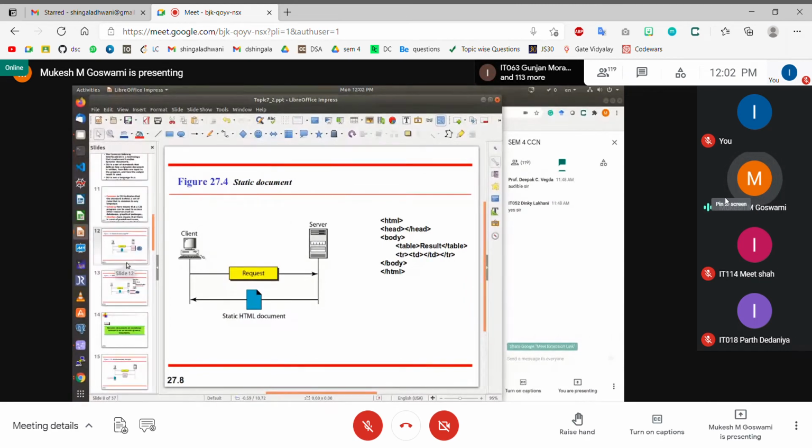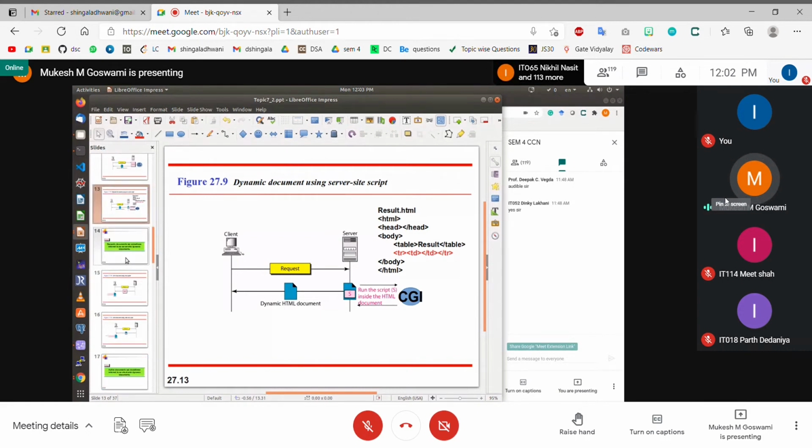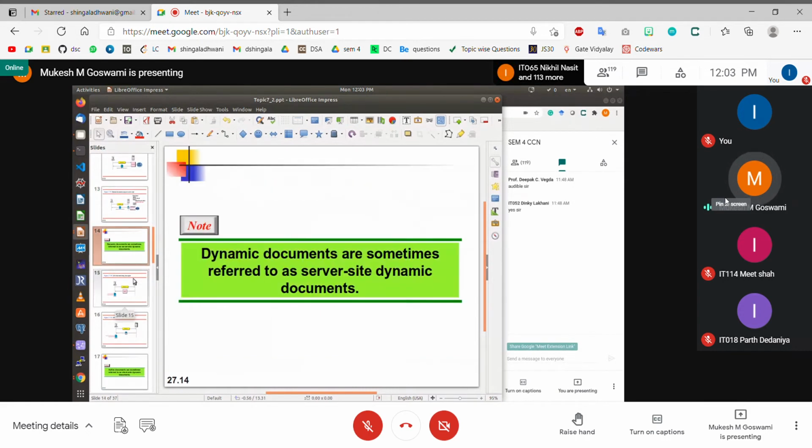Whereas a web application normally consists of documents which are generated dynamically based on the user request. So these are called web applications. That is how the dynamic documents are generated and consumed. The third type of documents: sometimes these dynamic documents are also referred to as server-side scripting, because this script here,